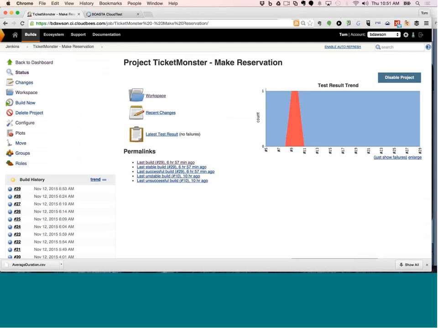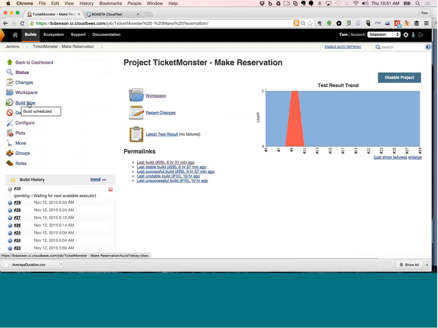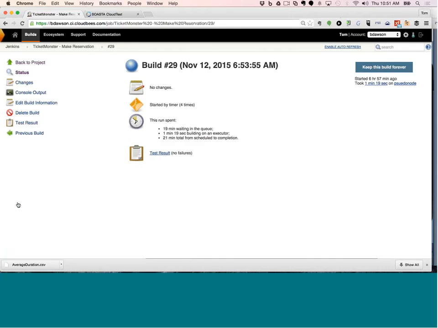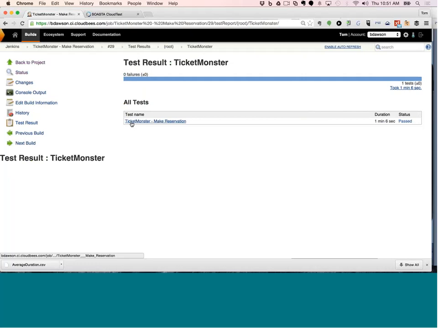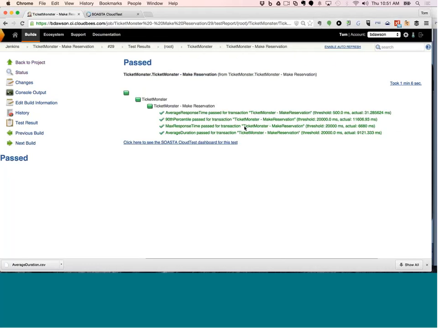We can just click the Build Now button, which will cause the test to start over in the server. It's going to allocate an executor, and that executor is going to then talk to CloudTest and tell CloudTest to run that. While that's running, I'm going to go ahead and look at the previous results. Here was the build I ran earlier this morning, and if we look at the test results, we can click through and eventually get through to the CloudTest server by connecting through. And we see that this result that I ran earlier was all green, meaning that this process would be good for sending on to production.